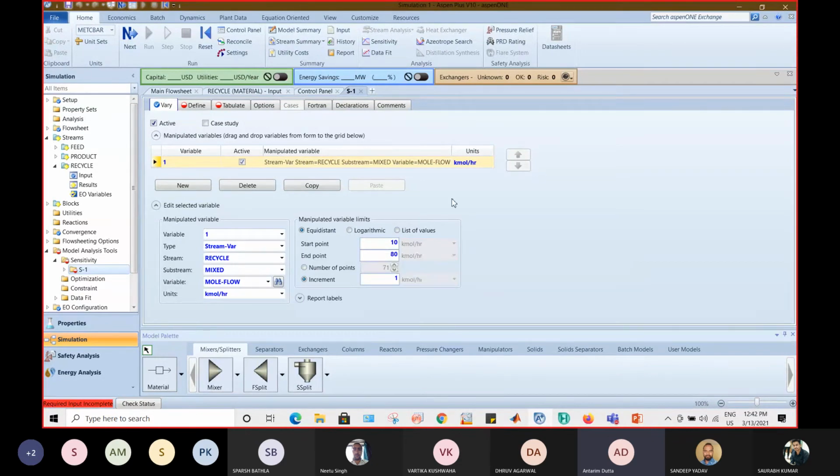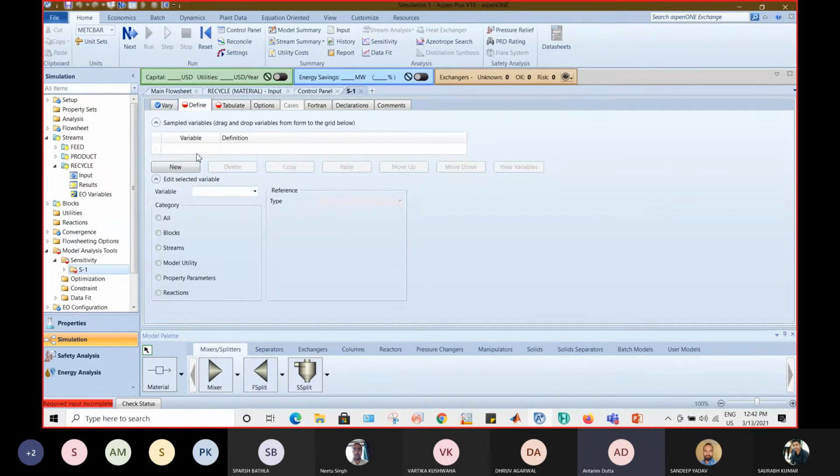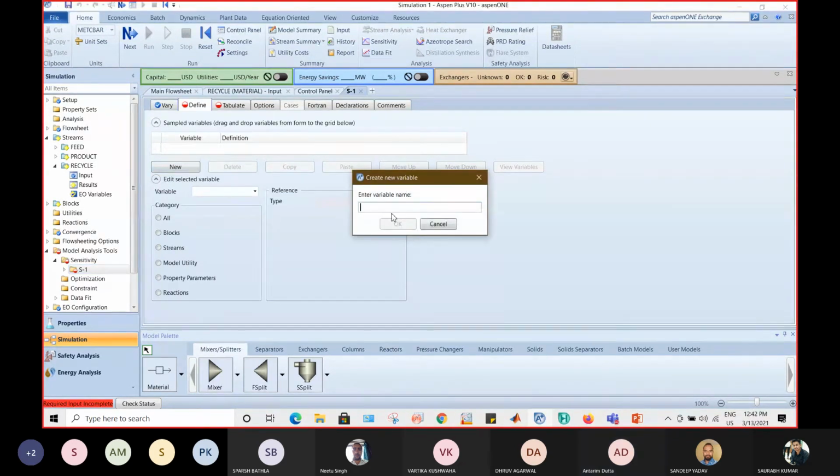Okay, so I have to finish all this and I have to define again. Then the definition will be for my control variable, that is my composition. So I will say isobutane C, that is your isobutane composition. Okay, you can give it any name. Okay, so this is added. Now again this is a stream variable.